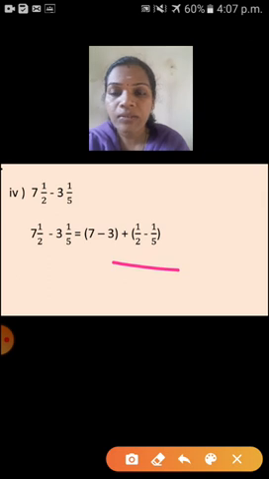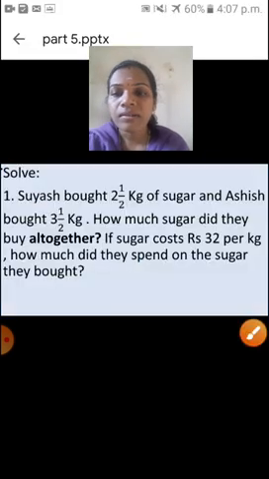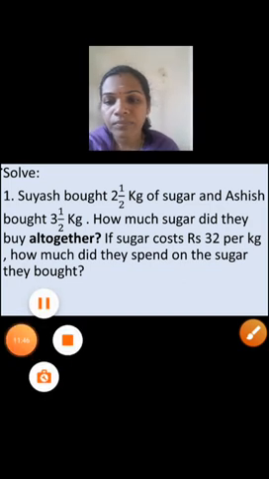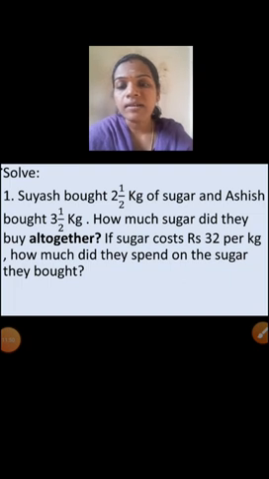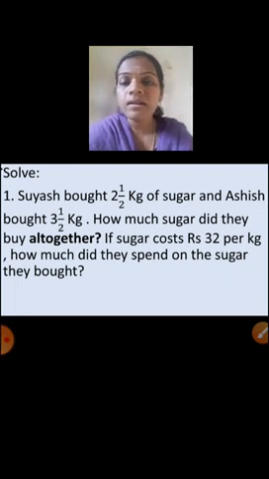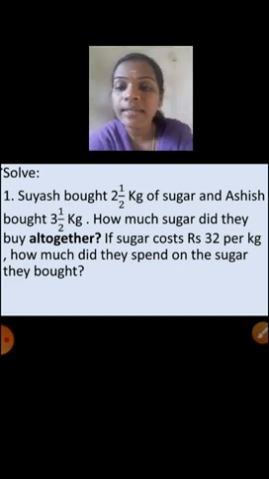Third sum, that is word problems. Okay. Third sum is what? Third sum is word problems. So children, next one is word sums. I will read this sum. 3 sums are there. Okay, 3 word problems are there. So you don't get any tension, any worry about these word sums. I will teach you properly here. Clear? So here, see here.